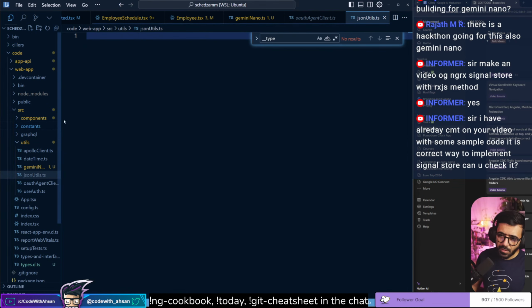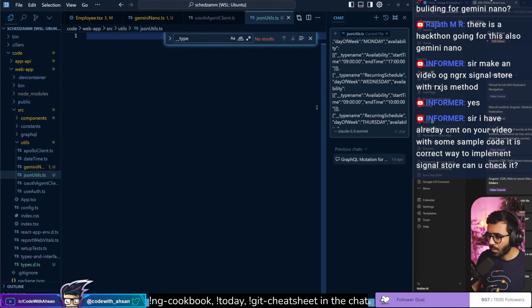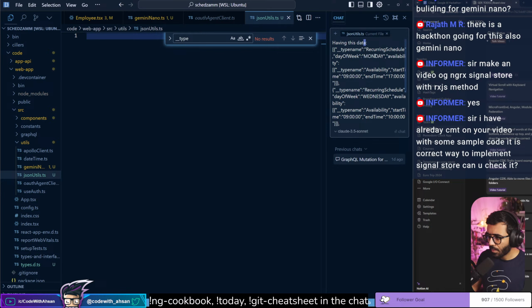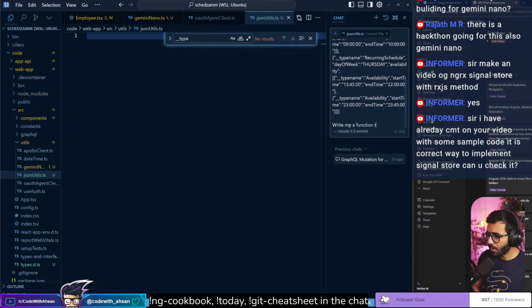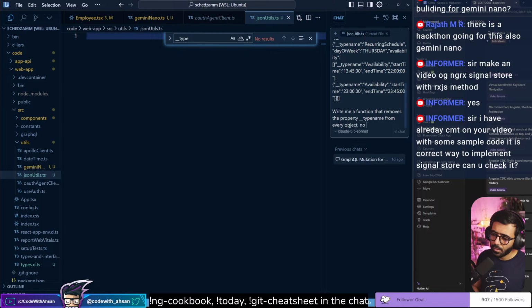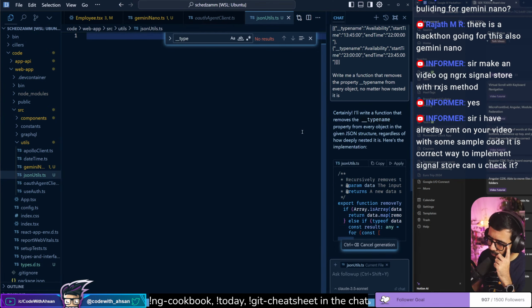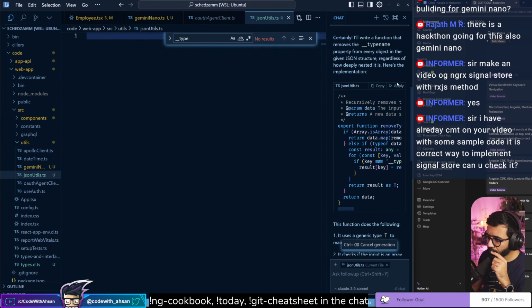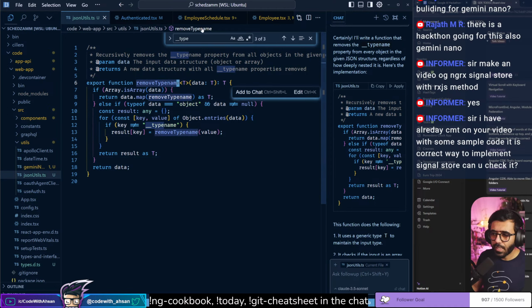JSON utils.ts, and here we can basically ask the AI, having this data as JSON, write me a function that removes the property type name from every object, no matter how nested it is. So we can start with this one. And I want to use AI because I don't want to do it myself. So now we have remove type name, and